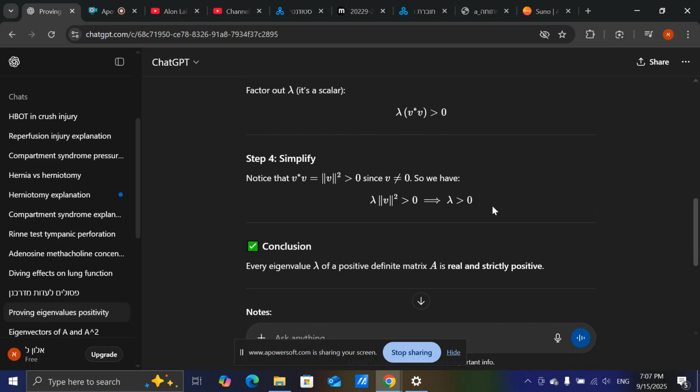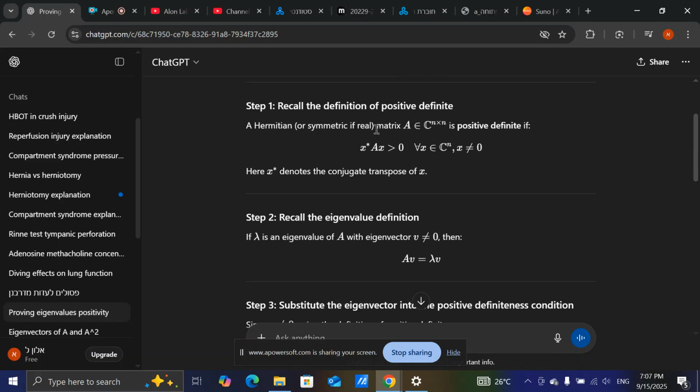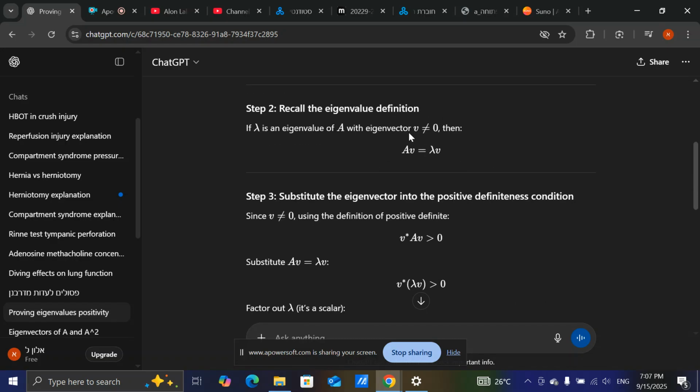We are going to see that the eigenvalues of a positive definite matrix are all positive. So how can we prove it? We'll start with the basics. The basic idea of a positive definite matrix is, by definition, that the inner product of Ax and x is always positive for every nonzero vector in the space we are in. So this is a fact for a positive definite matrix. Now, when we are looking at eigenvalues, of course, it satisfies Av = λv. This is the definition of an eigenvalue, where v is an eigenvector, and λ is the eigenvalue corresponding to v.